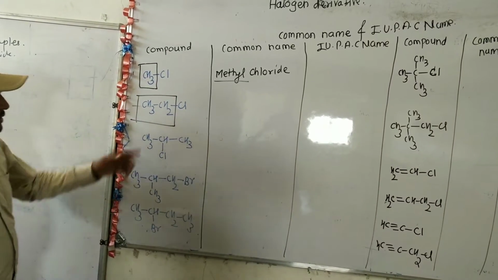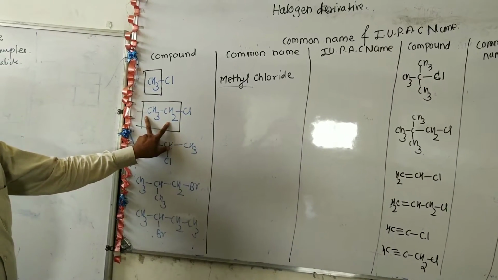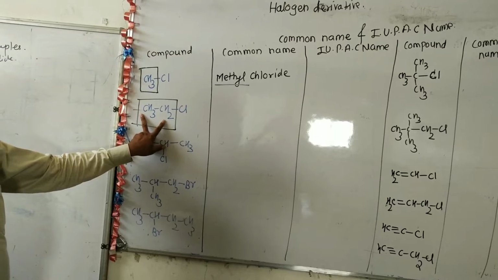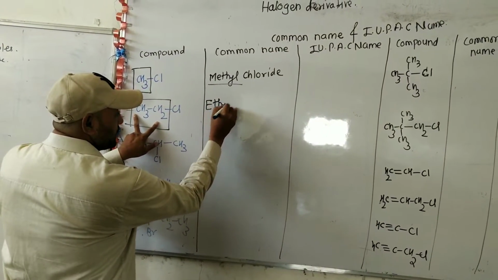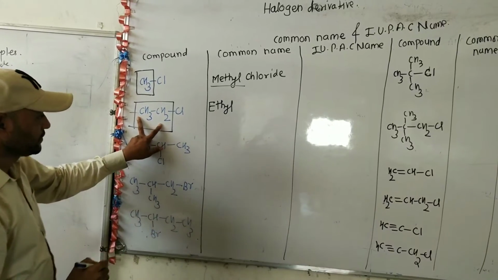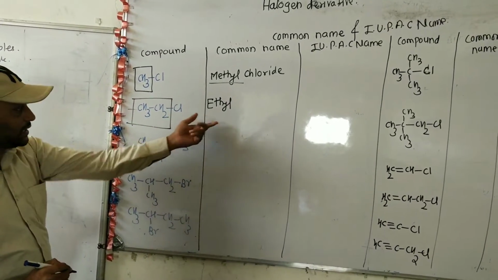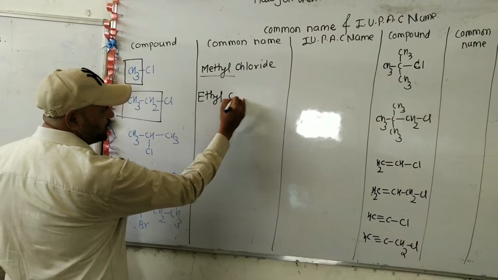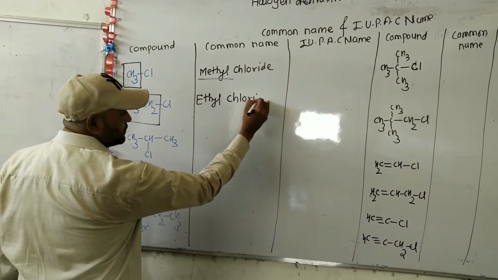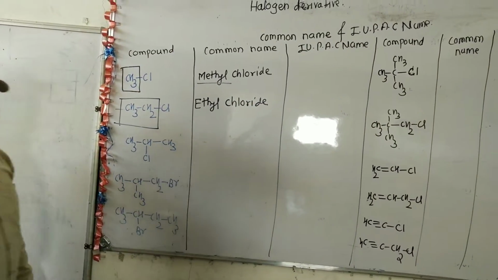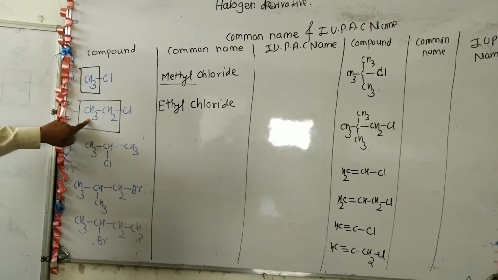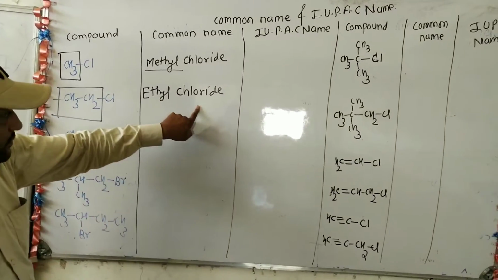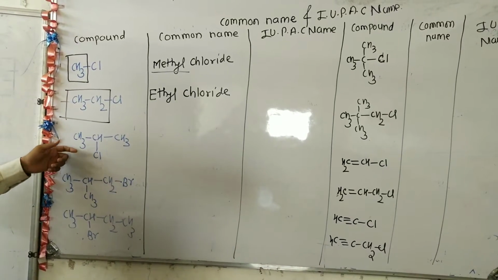CH3CH2Cl. Here, two carbon alkyl is called ethyl, and this is chlorine, so called chloride. Ethyl chloride. So what is the name of this compound? Ethyl chloride. Take another example,